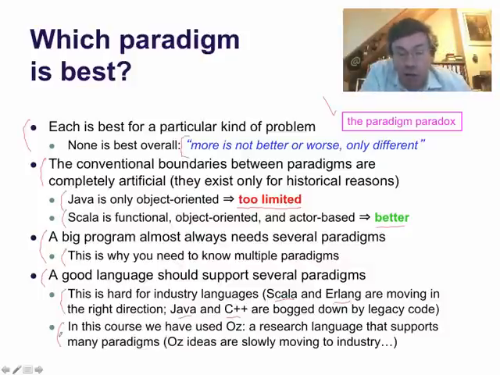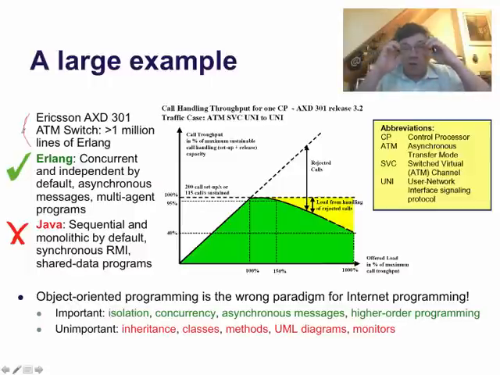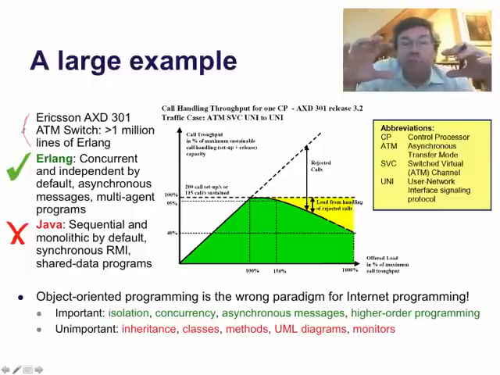In fact, those ideas are moving to industry. For example, looking at the concurrency, deterministic concurrency ideas. Let me give an example to make things more concrete. I'm going to talk now about a fairly famous machine called the Ericsson AXD 301 ATM switch, which contains more than 1 million lines of Erlang code. It also contains about 1 million lines of C++ code. But let's just talk about the Erlang, because the high-level, high-availability distribution structure is defined at the Erlang level.